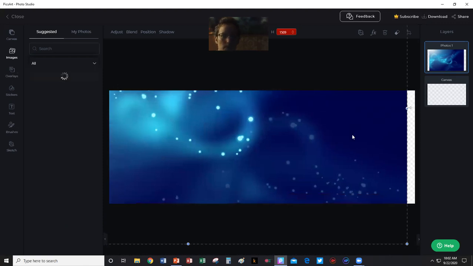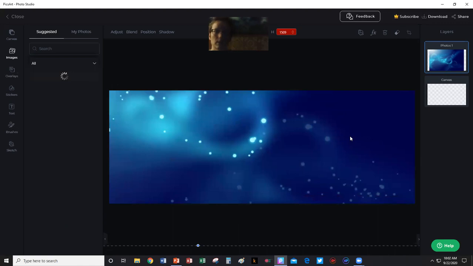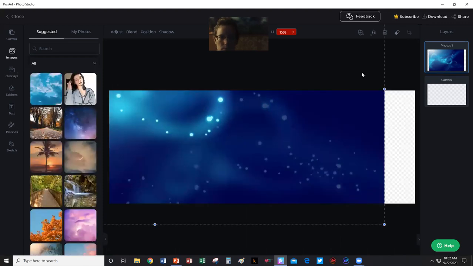Okay, maybe I like it right there. Gives me a nice little bit of detail and interest without being overbearing to what I'm trying to do. I think I want to go with a little bit darker though, right there.